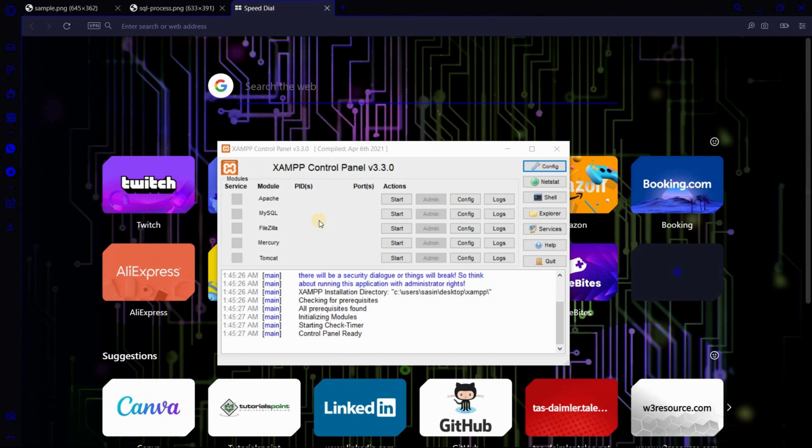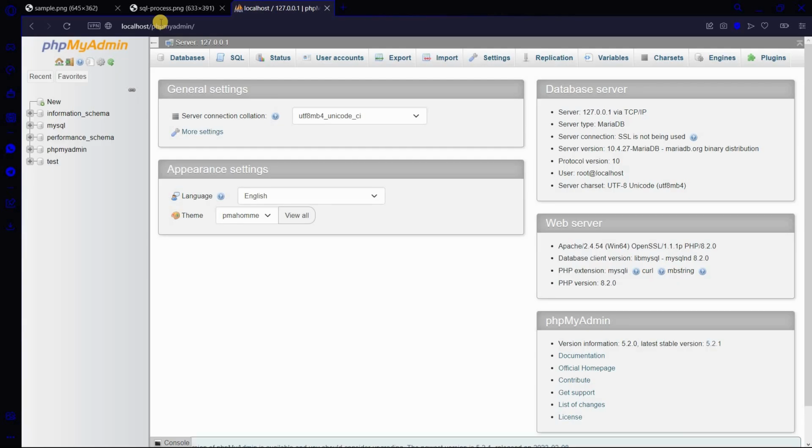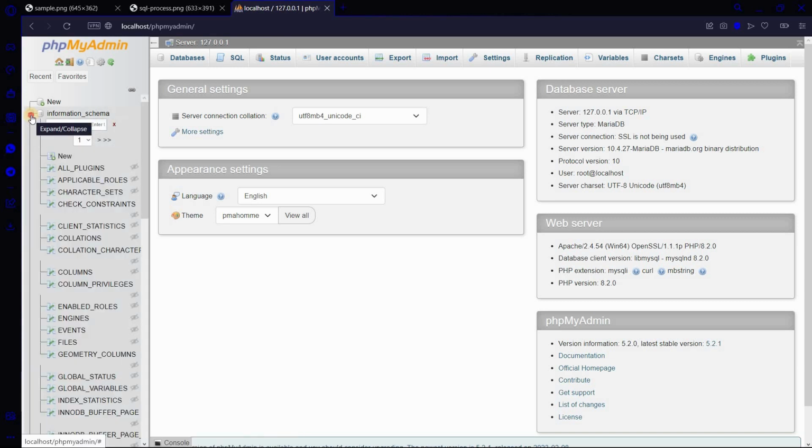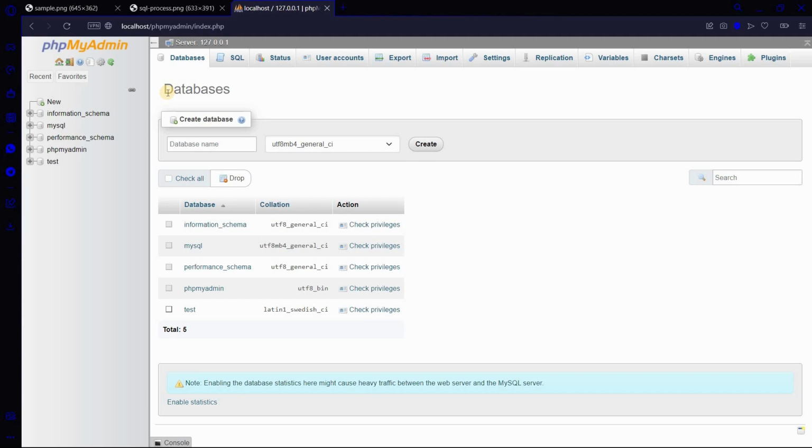To perform SQL commands using phpMyAdmin, we need to start the XAMPP Apache server and MySQL server. Then open your browser and visit localhost/phpmyadmin. On the left you can see all the databases that are stored in our server. On expanding, we can see all the tables that are stored in each database. On the top panel, we can see all the features provided by phpMyAdmin. You can use the database tab to create new databases or explore the existing databases.